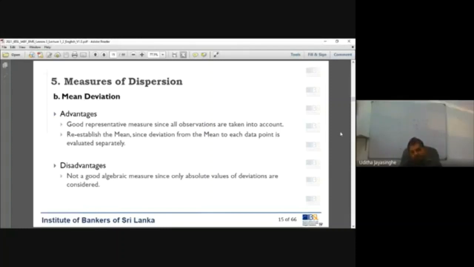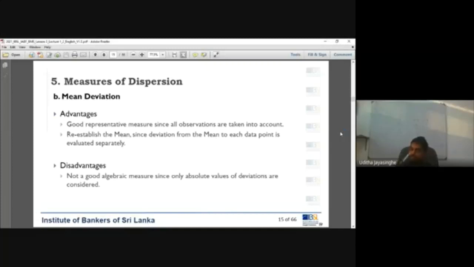Few advantages. Good representative measure since all observations are taken into account. Similarly, in the calculation of mean, the mean deviation also, we take each and every value. Re-establish the mean, since deviation from mean to each data point is evaluated separately. What do you mean by re-establishing the mean? That means